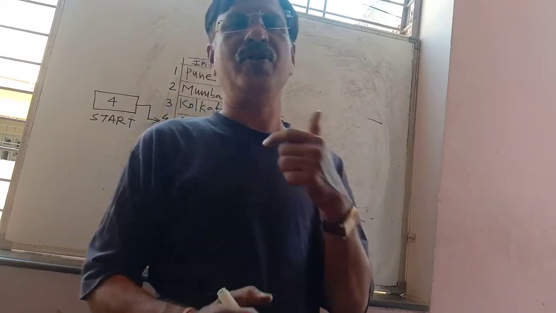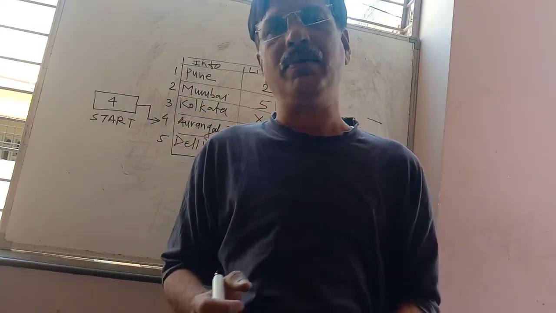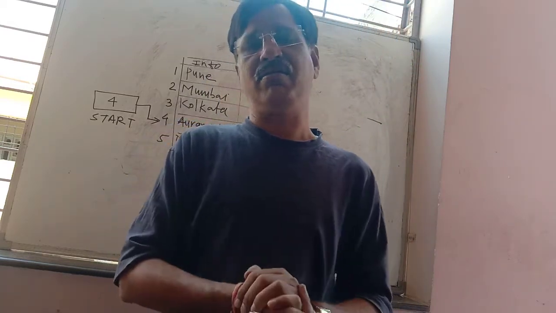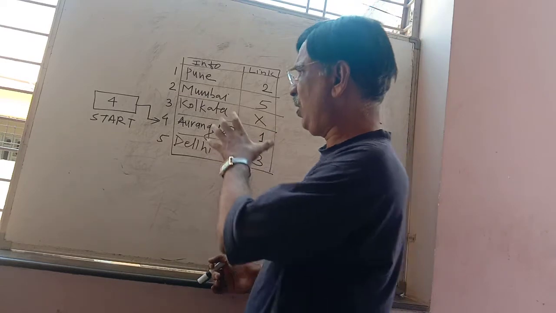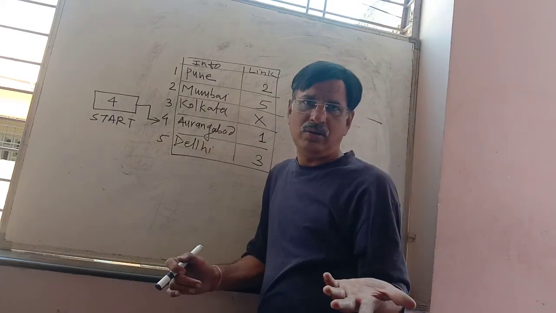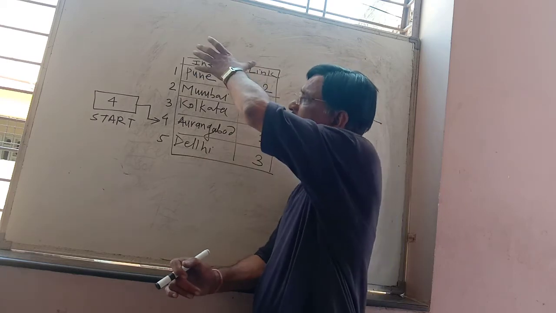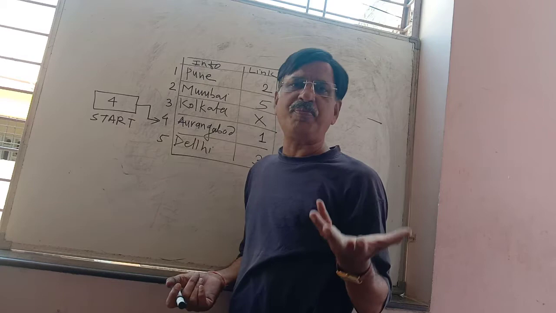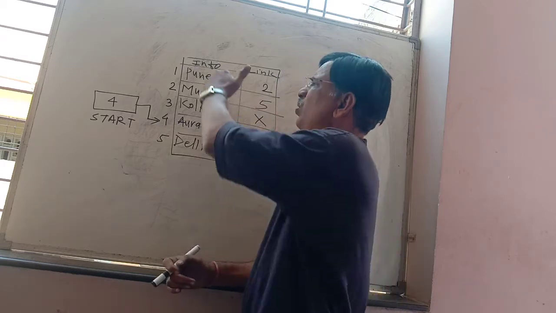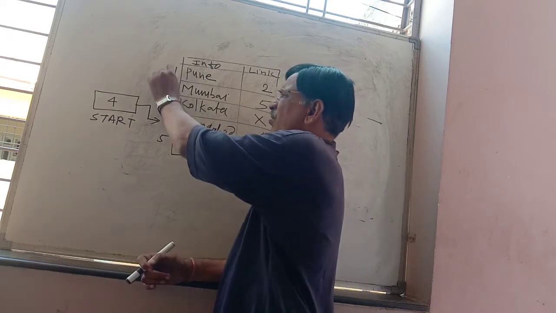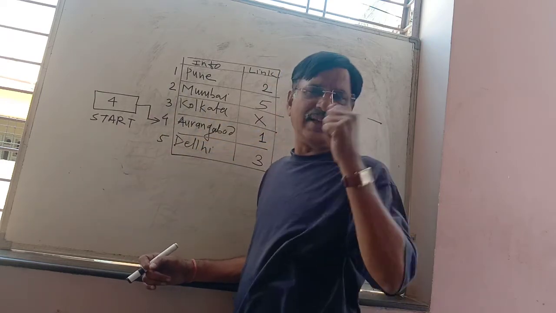So there is a difference between linear list and linked list. One more question arises: how to organize a linear list in computer's memory? That we are going to see. What are the ways to prepare a list in computer's memory? A linear list was prepared in computer's memory simply by storing all the elements in consecutive memory locations. So the address of the memory location becomes the index set.